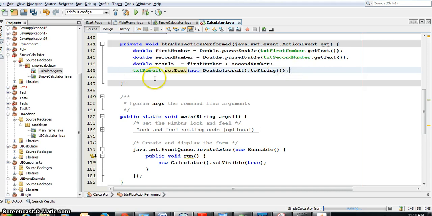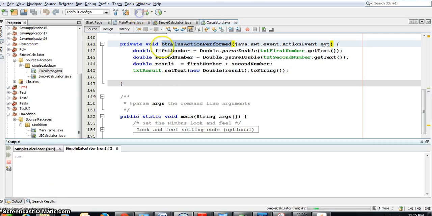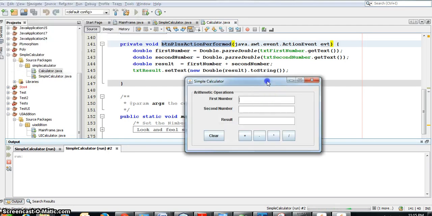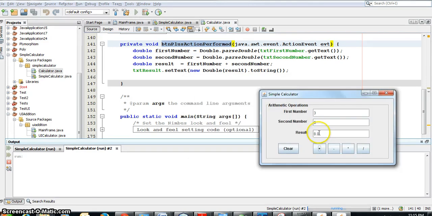Okay, fine. So we have completed the action of the plus button, and we'll see how it works at runtime. Giving 3 for the first number and 5 for the second number. Let's see. It comes as 8.0 because it's a double, and 3 plus 5 is 8, and it is